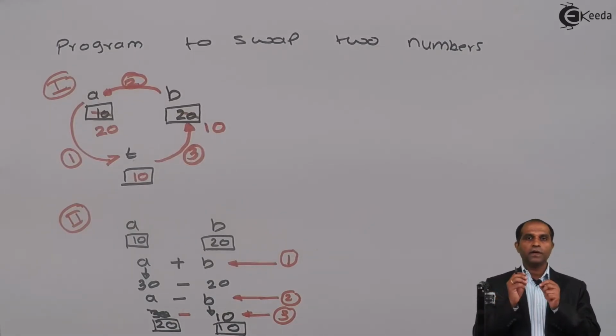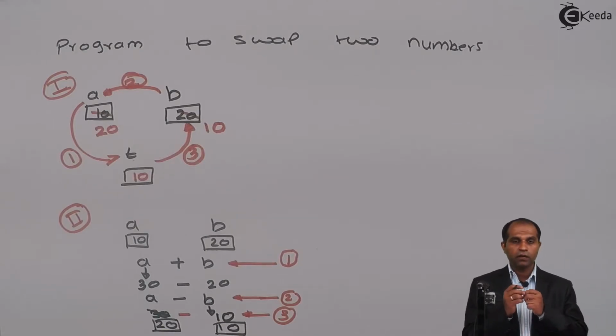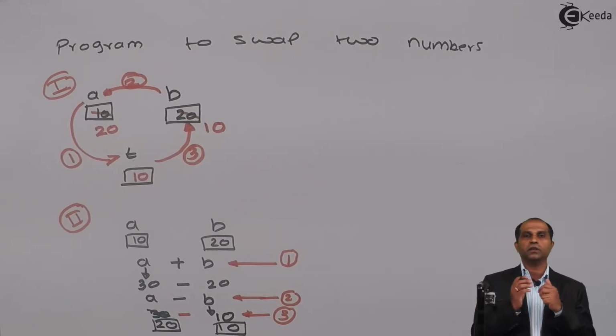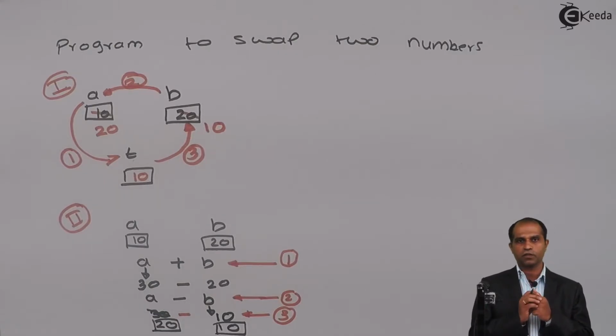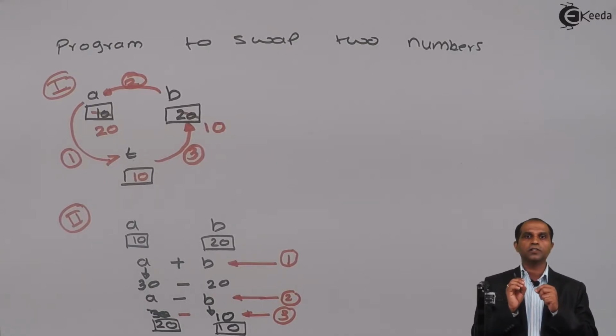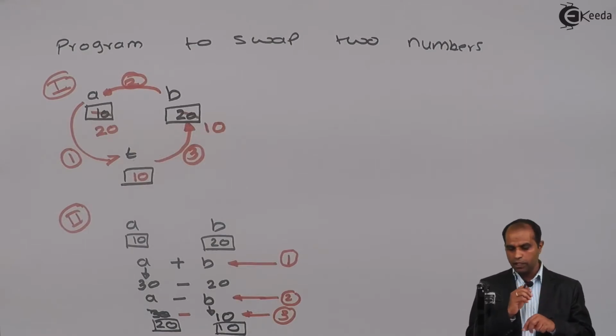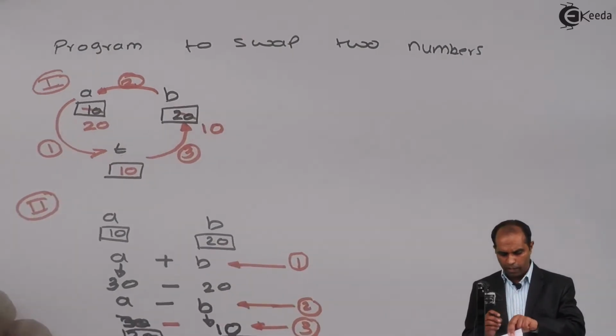So instead of addition and subtraction, if you feel that you can carry out the operation using multiplication and division, yes, you can carry out that. Wherever I had used addition, you can replace that with asterisk, that is multiplication, and wherever I had used minus, you can use a division operation. Now let's put this into programming format. Let's check out how I put this in a program format. So I'll write the program for both the cases, let's say with temporary variable and without temporary variable.